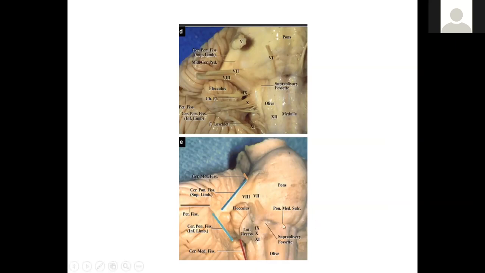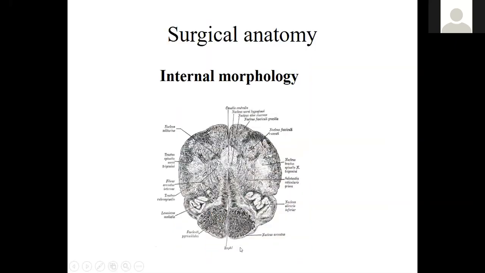Here again, we have an image still showing the anterolateral surface with our olive, the origin of cranial nerves number 9, 10, and 11, and then the cerebello-medullary fissure just behind here. So, talking about the internal morphology, because externally we have those landmarks, but internally the medulla has a certain number